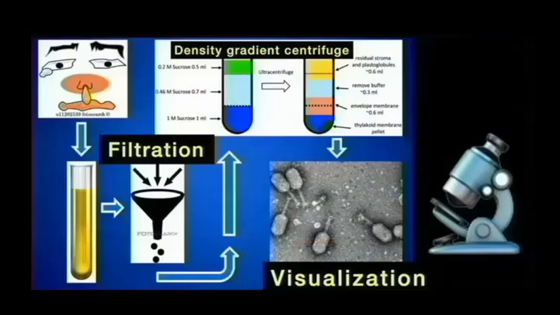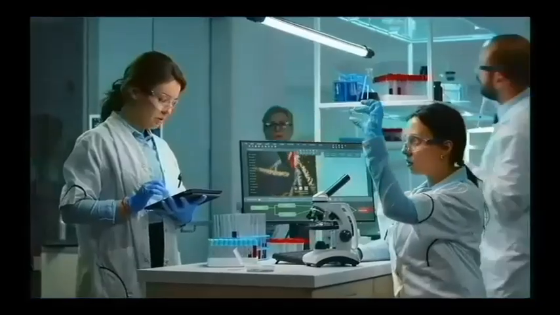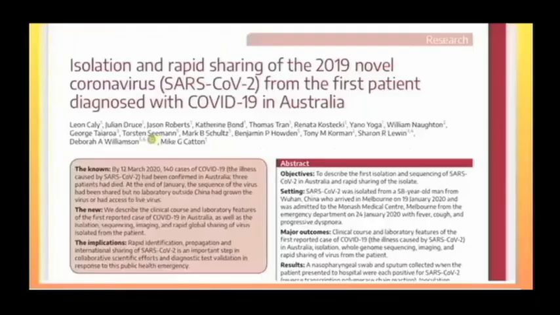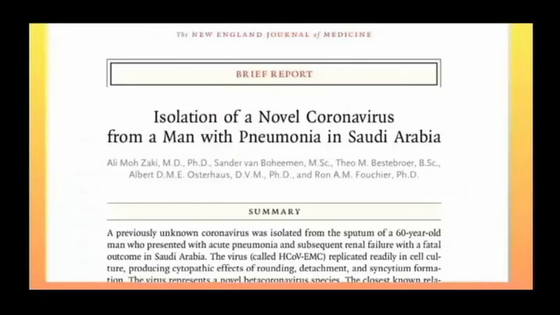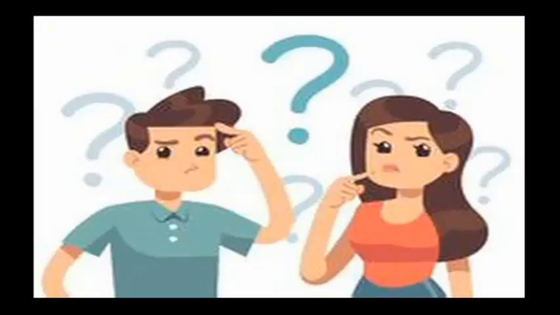Then you can look at them under the electron microscope, do chemical characterizations on them, and extract genetic material if you want. You can then do tests to see if what you have is pathogenic or not. Without these steps, you do not have a sample of a virus, and so you cannot prove it caused a disease. You cannot create a diagnostic test, nor a vaccine. Has this ever been done in virology? No. Despite the fact that there are a large number of publications that claim the SARS-CoV-2 virus was isolated, isolation